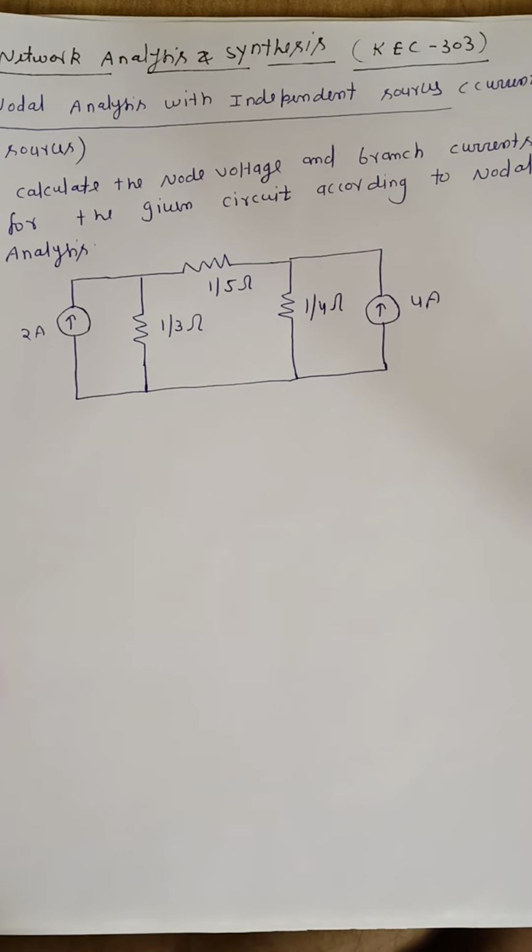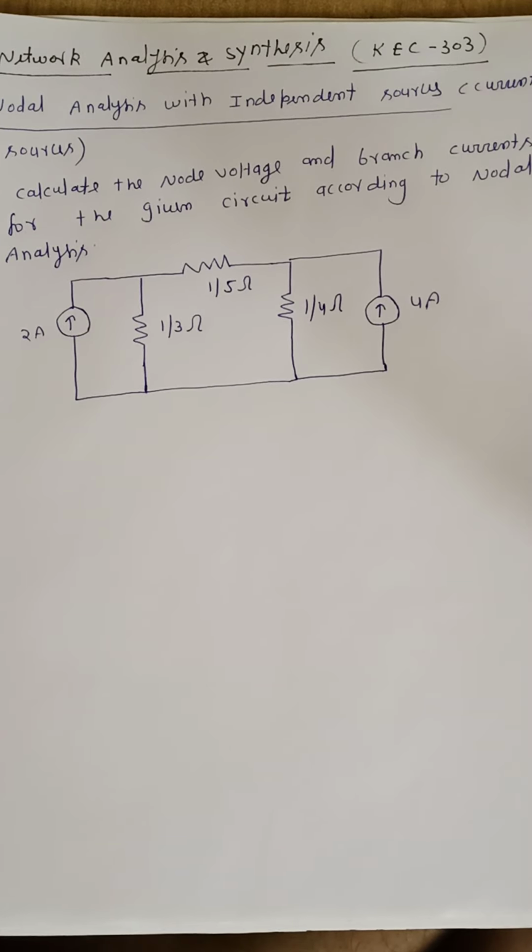So basically, an ideal independent source is an active element that provides a specified voltage or current that is completely independent of other circuit elements. And an ideal dependent, or controlled, source is an active element in which the source quantity is controlled by another voltage or current. We will discuss in detail what a dependent source is in the next video class.